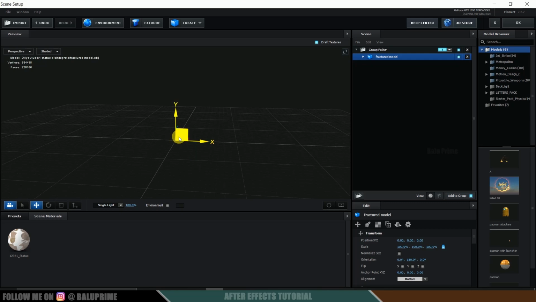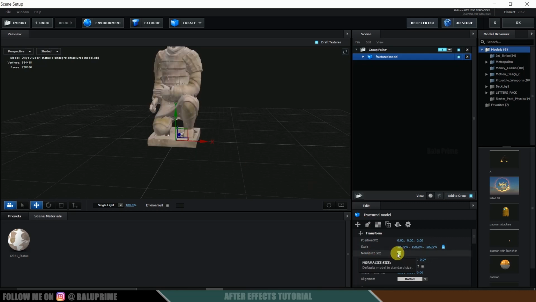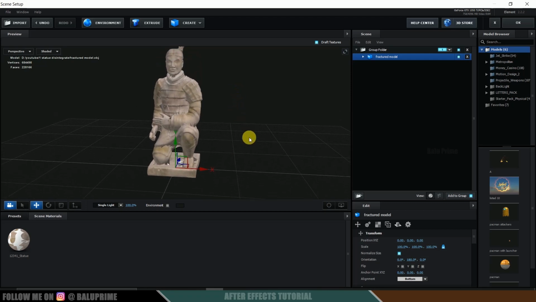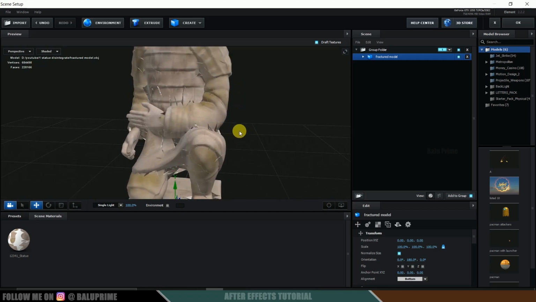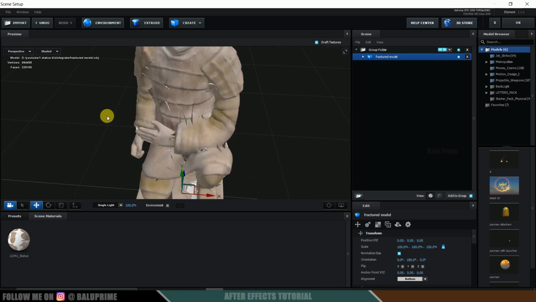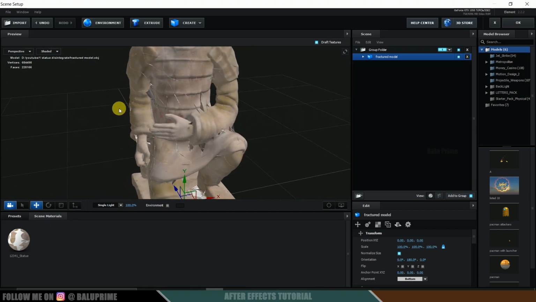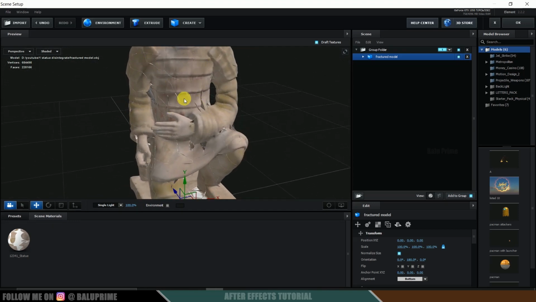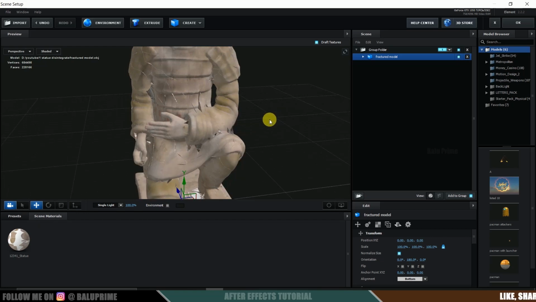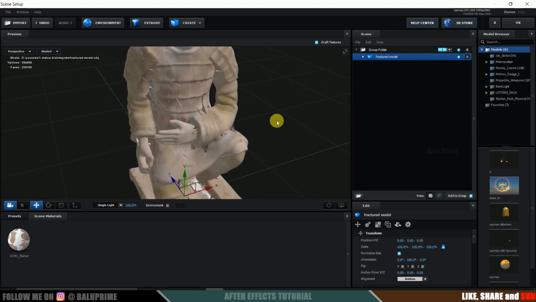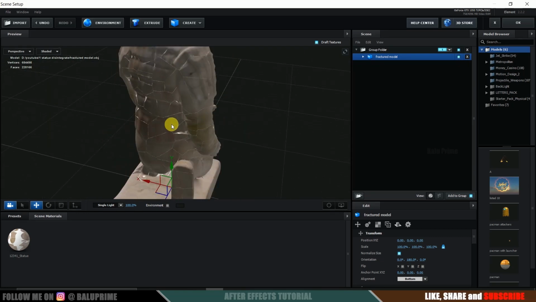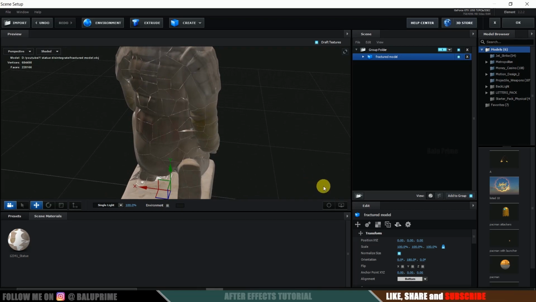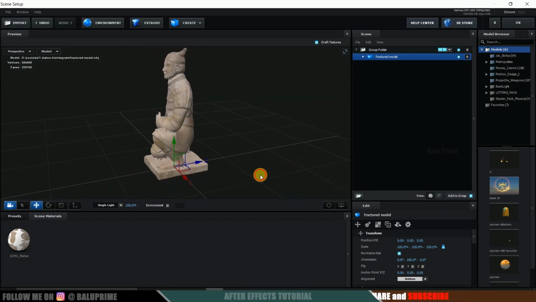So we got our model here, but it is small. So click on this normalize size here, just click on that. So here you can see we got our model with shattered pieces. If we had shattered this into 1000 pieces, we may not get this shattered visibility here. Since it is 500, we are able to see these shattered pieces. Nice. So let it be like this.